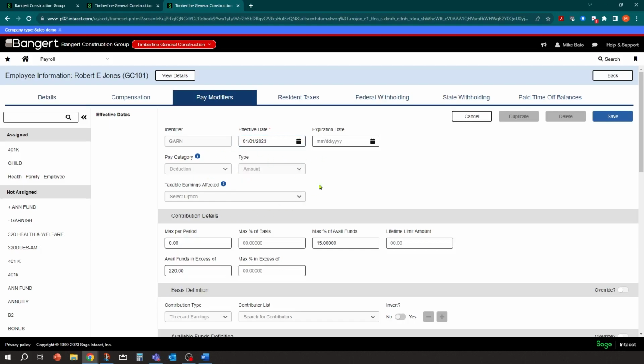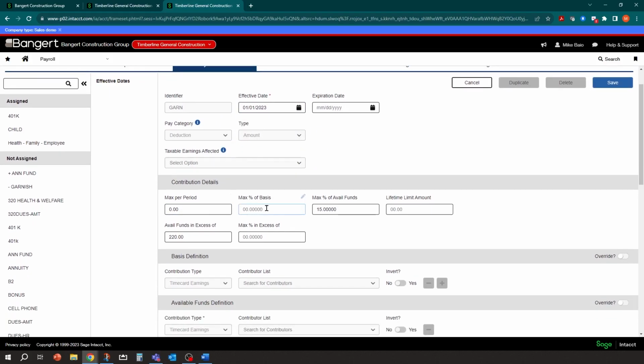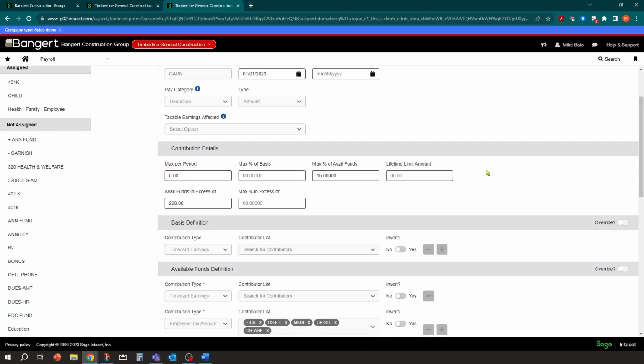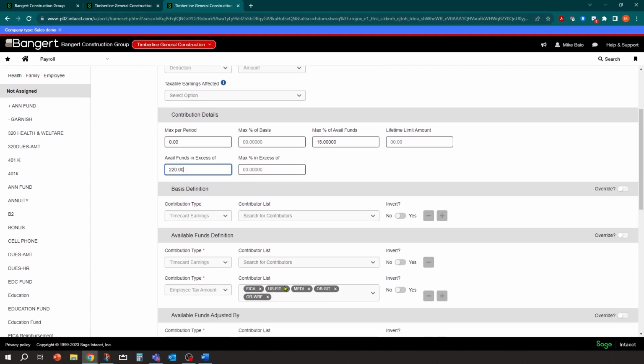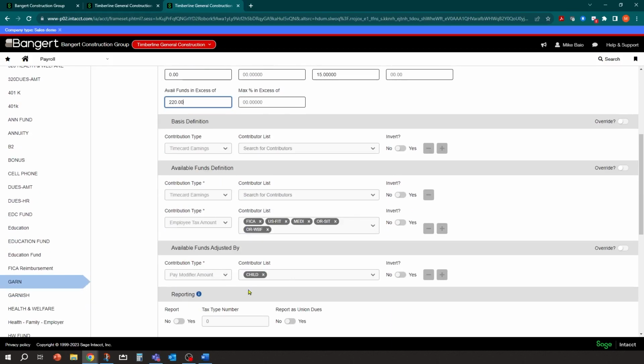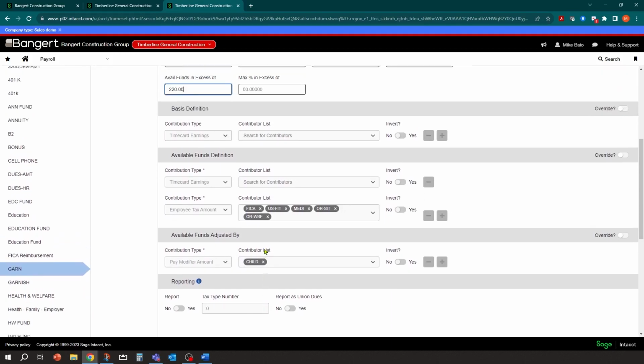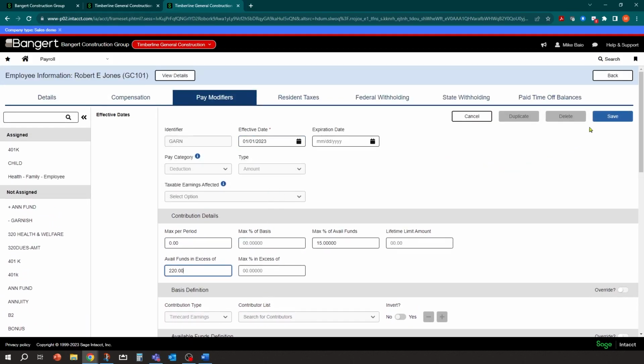So it's going to pre-fill all of this information in from the setup. I can override any of it if it's unique for this employee. So maybe you have a second employee that it's 20% of available funds, or the in excess is different. You can make those changes here, but you'll notice there's my time card earnings, my taxes, and then so it's all pre-fills for you. So it's pretty nice. And I'll just click Save.